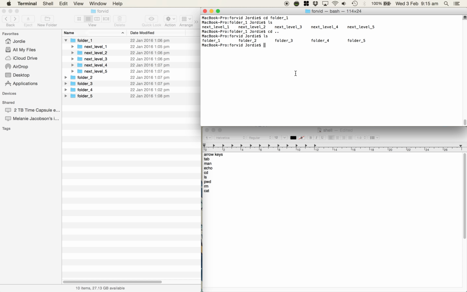I can do another thing with cd. Say I typed in, let me just clear the screen, cd folder 1 slash, and then I can go into the next folder below. I can go into next level 1. And now I'm in there, and I press ls and I have a file in there. Or I can go cd space dot dot slash dot dot, and I'm back up in the original folder, ls,